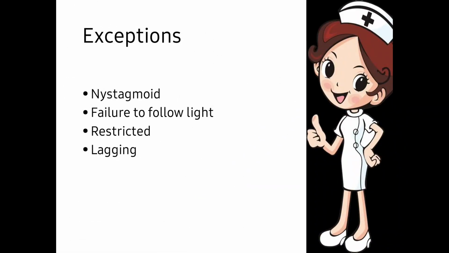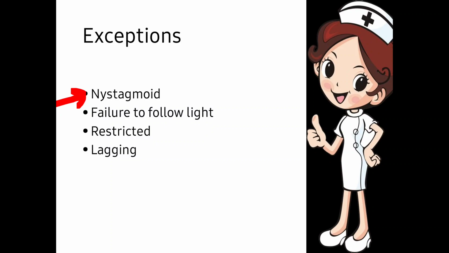Next, exceptions. Sometimes some exceptional cases are there. First one is nystagmus. Nystagmus is a condition in which the eyeball of the patient continuously moves throughout life. There are 3 directions. Sometimes they will move in a horizontal direction, sometimes in a vertical direction, and sometimes in a circulatory direction. They will move for a lifetime. It is a muscle weakness; once it gets started, it continues throughout life. So these are the exceptional cases in which the extraocular muscles are not functioning properly. That's why the eyes of the patient keep moving for a lifetime.